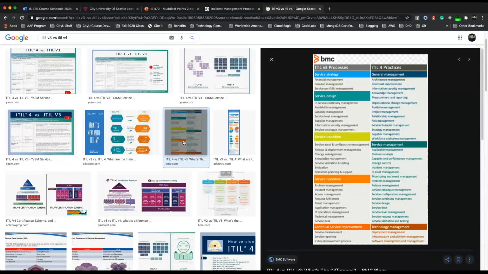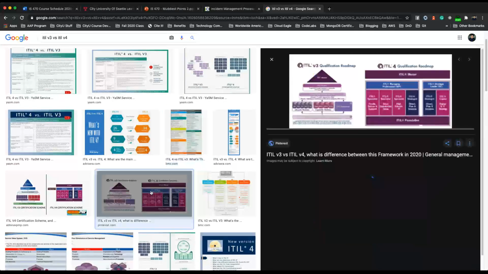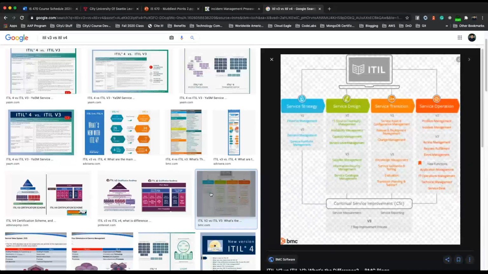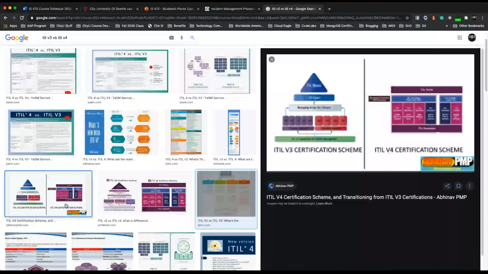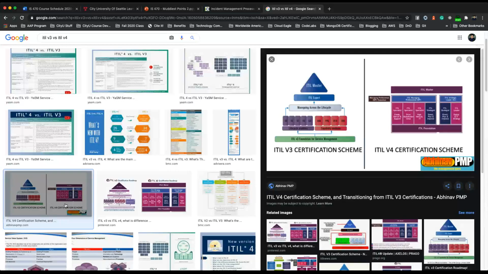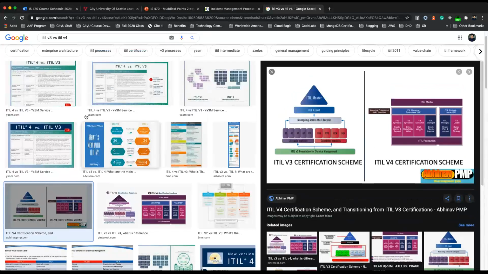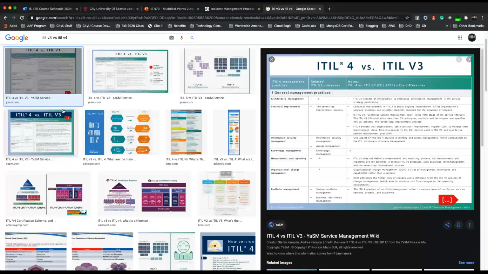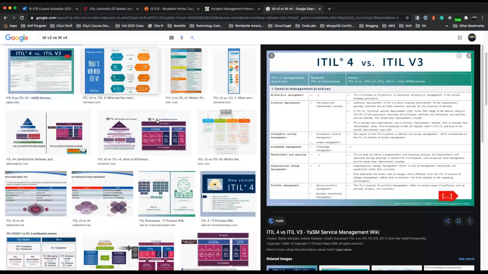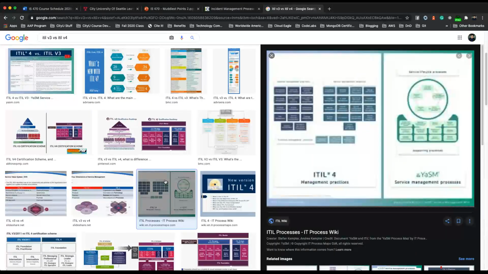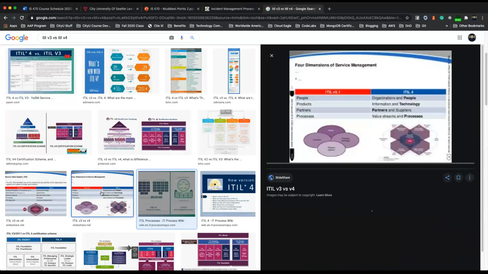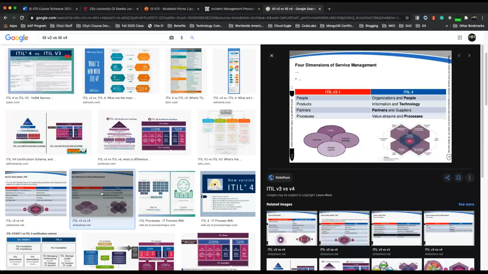And just by looking at different images, we would know that ITIL 4 is more comprehensive, definitely, because again, ITIL is basically developed from the experiences of people in the industry, right?